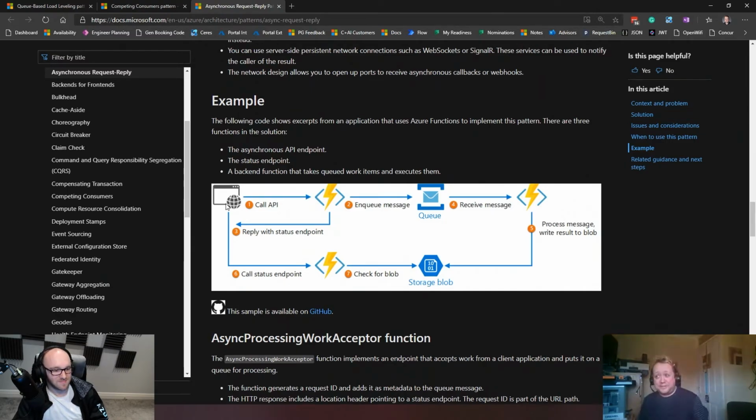Equally, the point of the async request reply pattern itself is so you don't have to rip it all apart. Yeah, it's to be able to shim queue-based load leveling and competing consumers inside an existing application architecture with minimal change. So you can extend parts of your software architecture and leverage modern cloud patterns without having to tear it all apart and bin everything. Yeah, so that's the key. That's the difference. You can go full on steroids and black CQRS, event sourcing, choreography, claim check, valet key, everything in here.